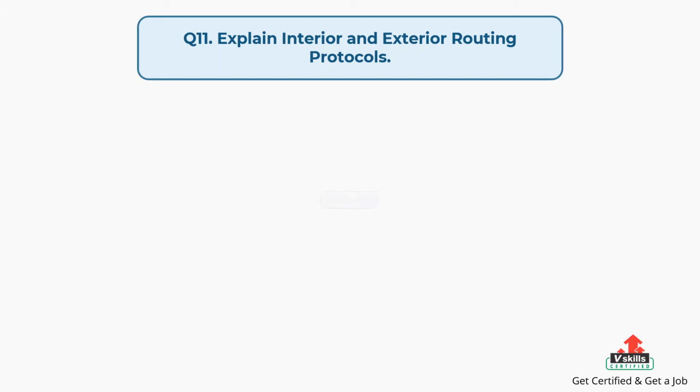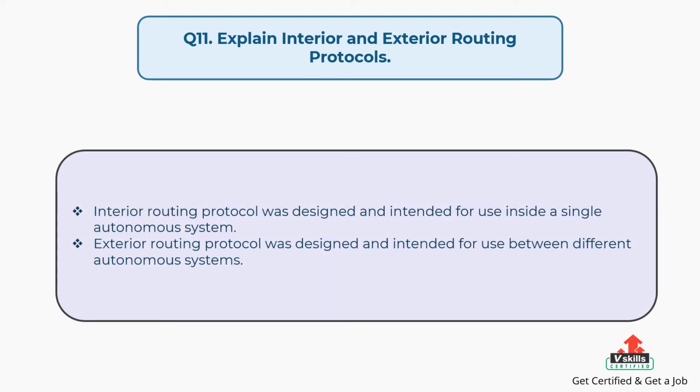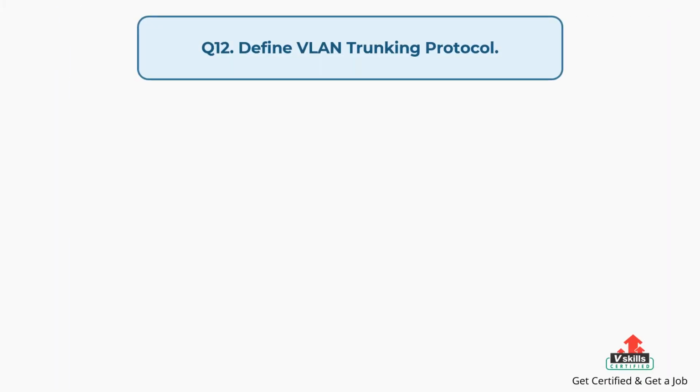The answer is, interior routing protocol was designed and intended for use inside a single autonomous system, and the exterior routing protocol was designed and intended for use between different autonomous systems. Question number 12. Define VLAN trunking